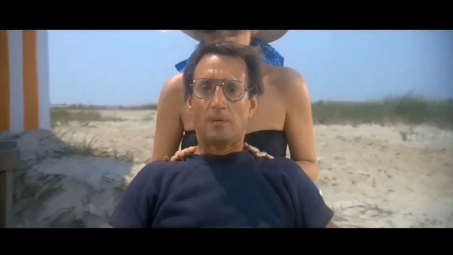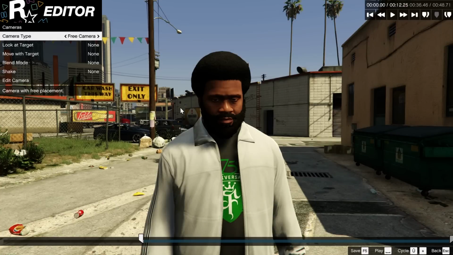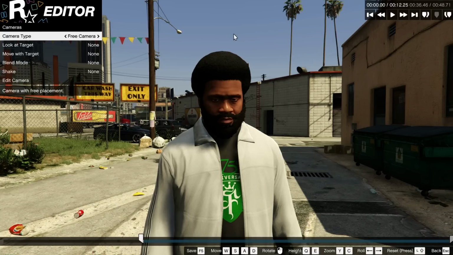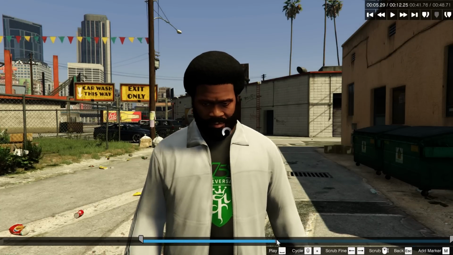Another cool technique, the vertigo effect. This also works with virtual cameras. Let's say your character has a deep realization that he is royally fucked. For this to work, you'll need to set the first marker as the starting point. The zoom of the camera should be very low and you're close to your character. Then you set a new marker depending on how long the effect should be.